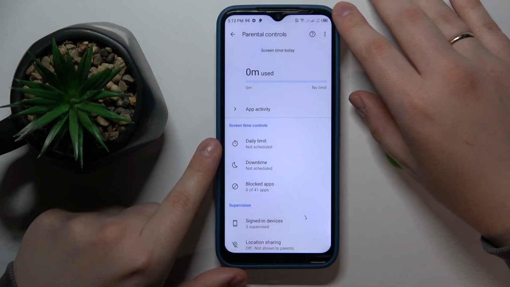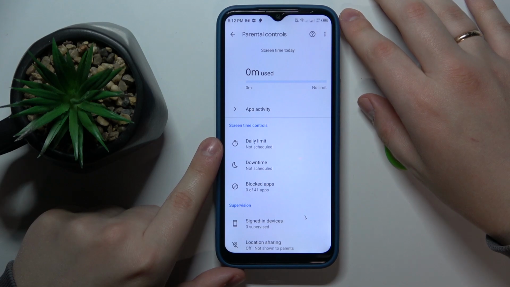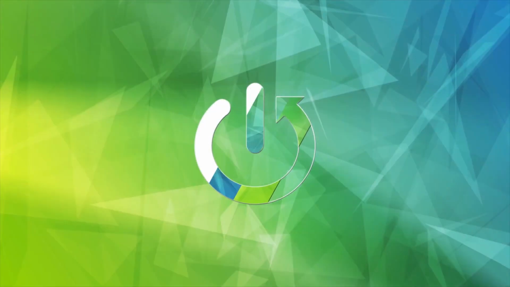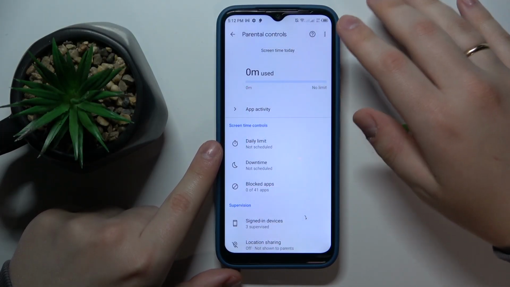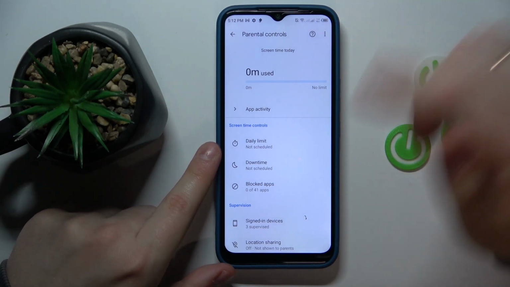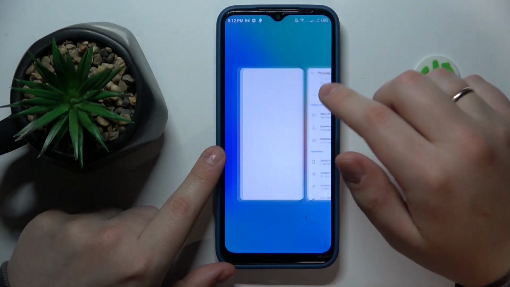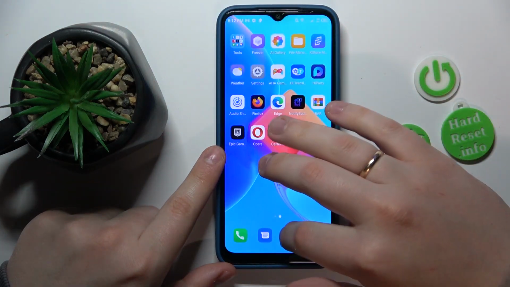This is TECNO SPARK GO 2022, and today I would like to show how you can bypass parental controls on this device. As you can clearly see, my parental controls are indeed enabled and active. From here, if I would like to turn them off without having to grant any parental authorization or permission,